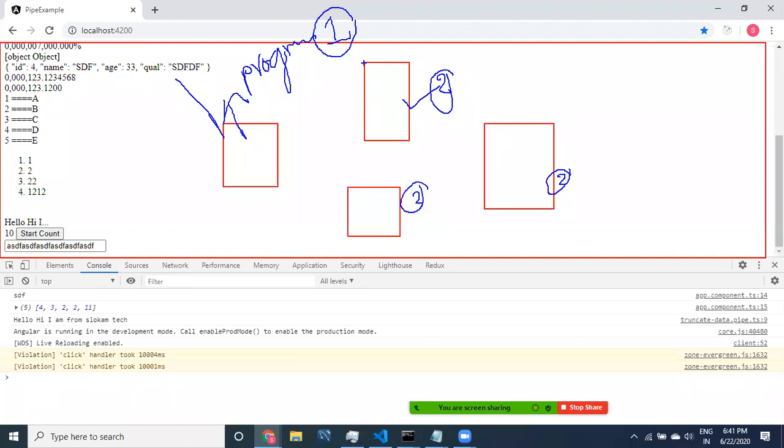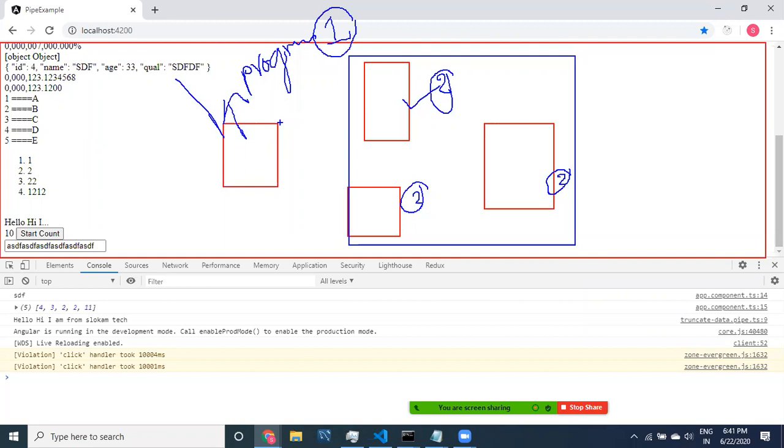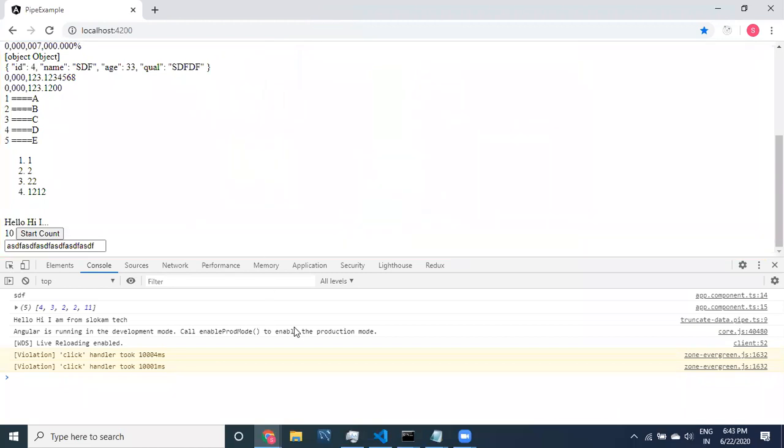So when other operations cannot be done while one operation is in progress, is this blocking or non-blocking? I'm expecting answers from you. Ping me whether this is blocking or non-blocking. Yes, blocking. Super. Yes, it's blocking.